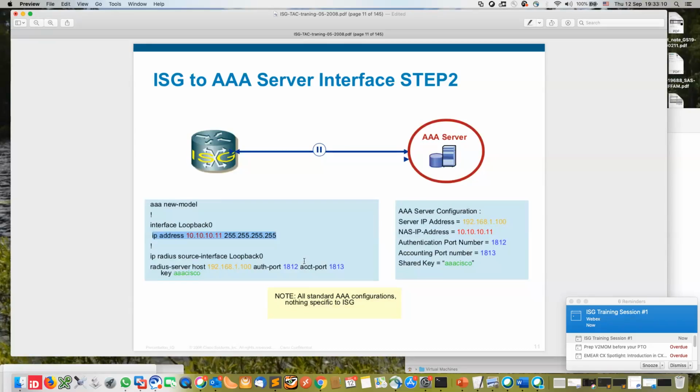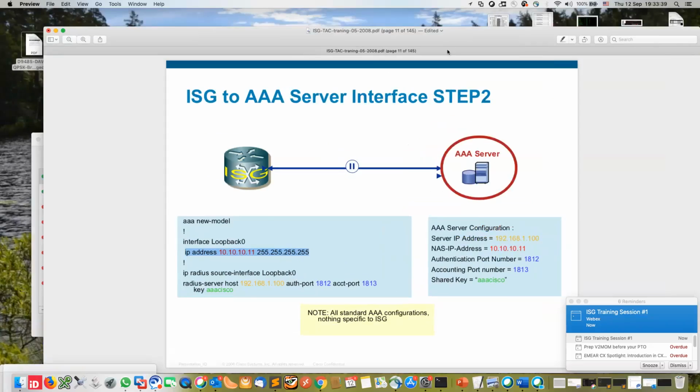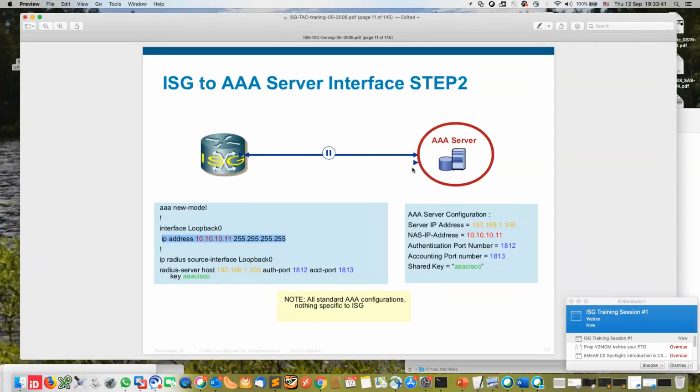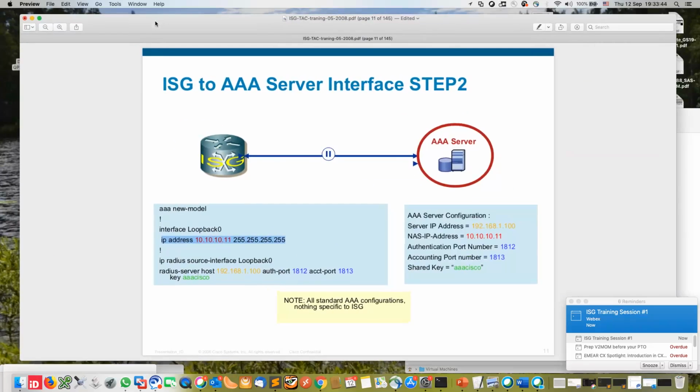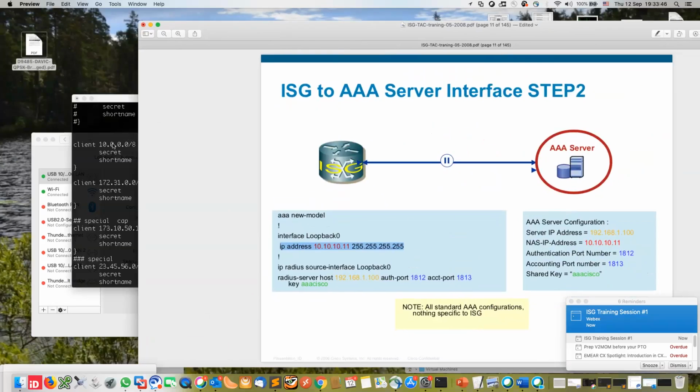Once you have done this, the radius is able to understand that when you send something, you're part of one of its clients. Now, if you didn't configure the client, it will probably not reply at all to your requests. Some of them send access reject because they don't understand where it's coming from, but they still reply. So it's a bit confusing, especially if you get into the access reject case. Actually, it was just a problem with the client, and